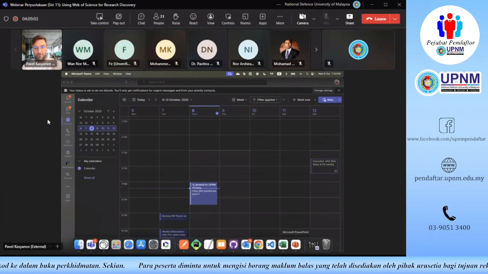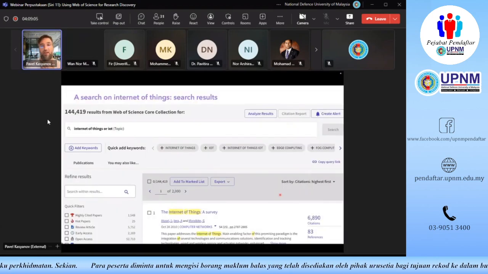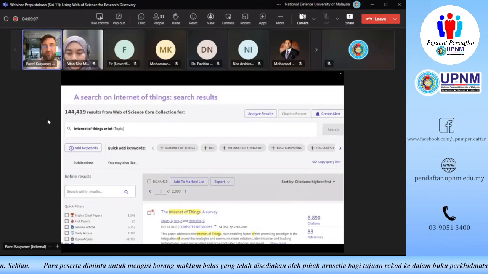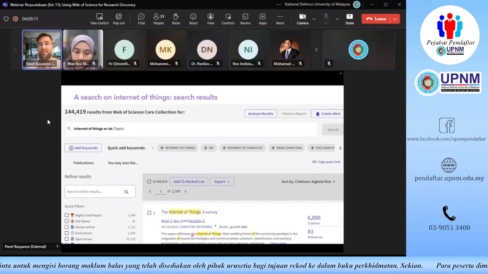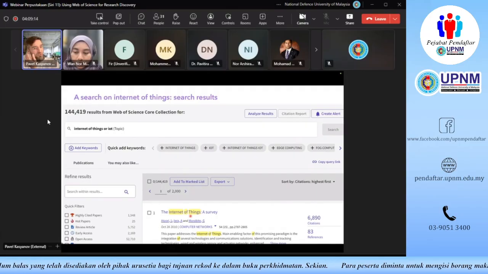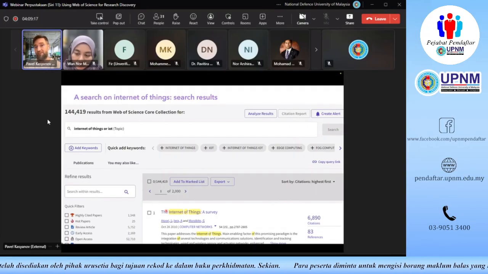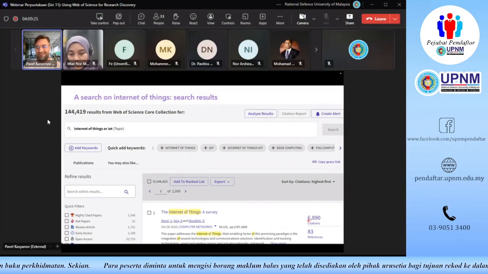Yeah, now we're good. So this particular document that is called the Internet of Things: A Survey might not feature that many references to the Internet of Things itself, although it does have it in the title and in the abstract. But the important thing is that this record has been cited, as you can see, 6,890 times.